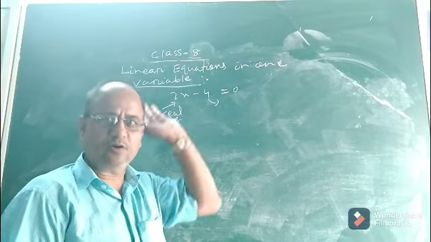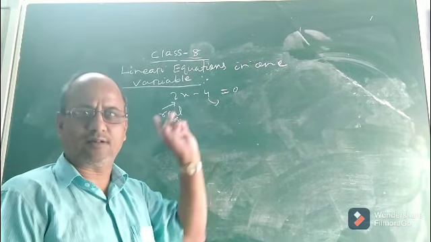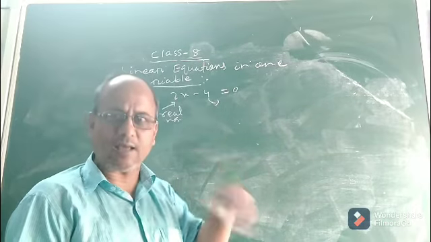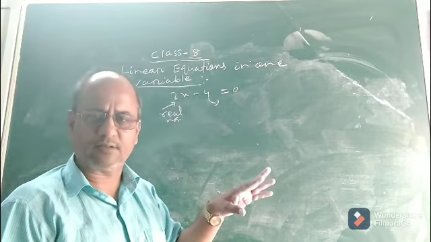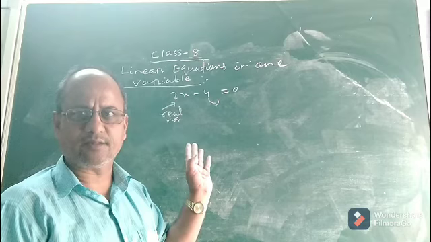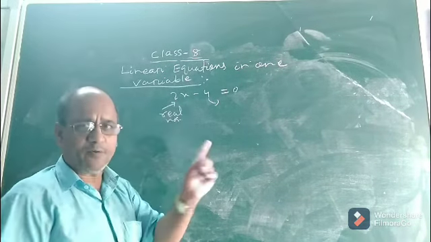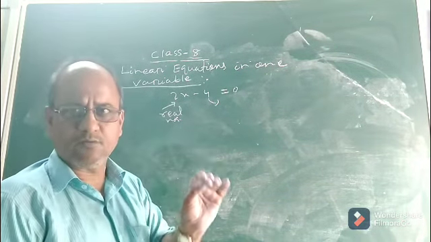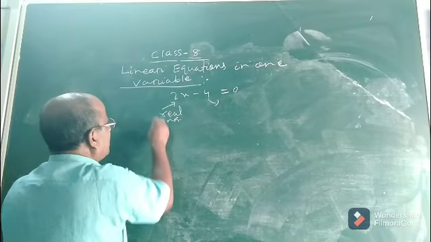Okay. And when you go to class 10, there you will read a pair of equations, or simultaneous equations in two variables. Those things will be discussed in senior classes. Okay. So the general form or standard form is very important. We must remember it. So what is the general form of a linear equation?